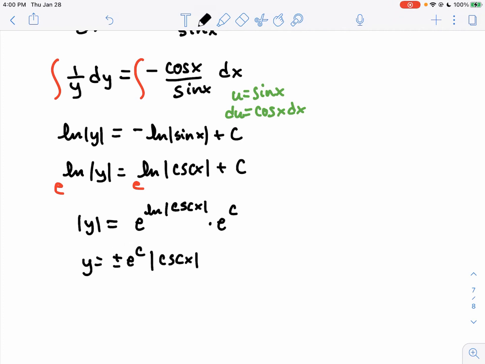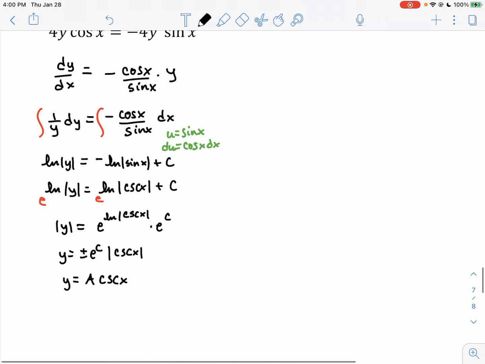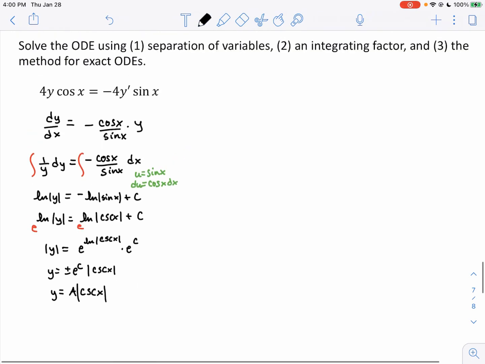And then this I can just call another constant a. That was a plus minus e to the c. And then we have that in absolute value. Let's leave those absolute values there for the time being and see if we can make some conditions where that